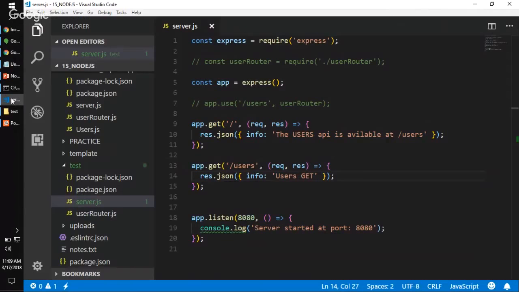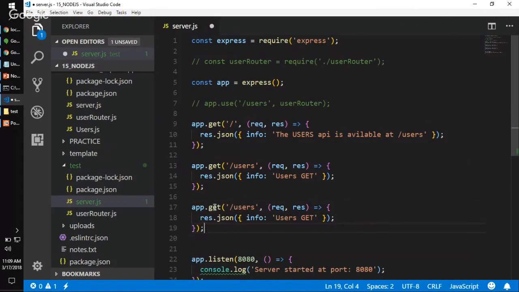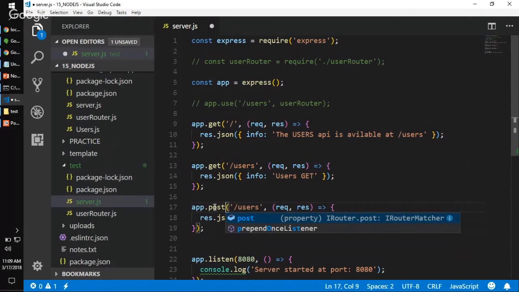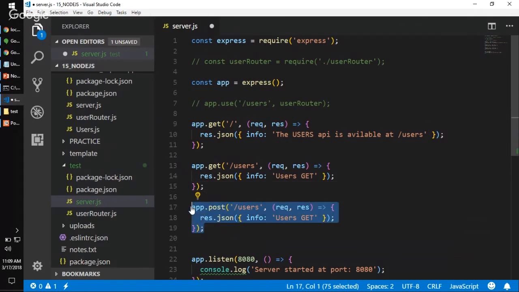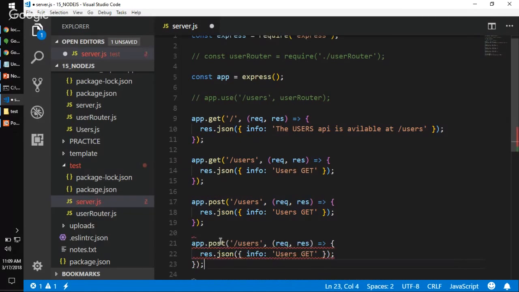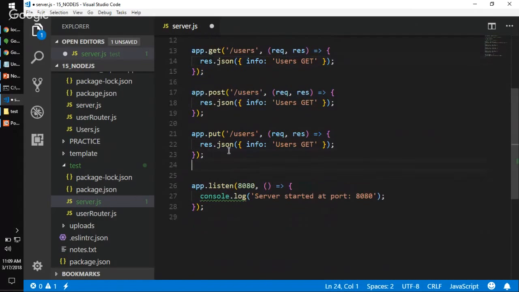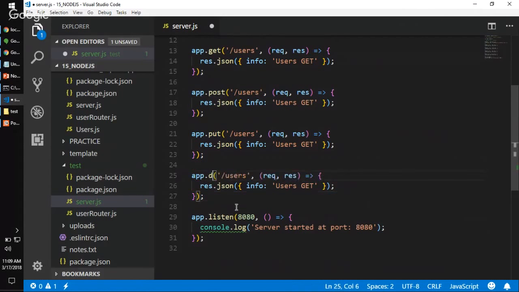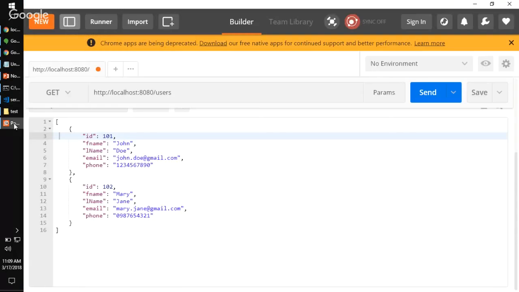Users get. Similarly, I'll also create post, I'll create put, and as well as delete. Okay, I'll just change this here to delete, put, and post. So just to distinguish these routes, if you go to